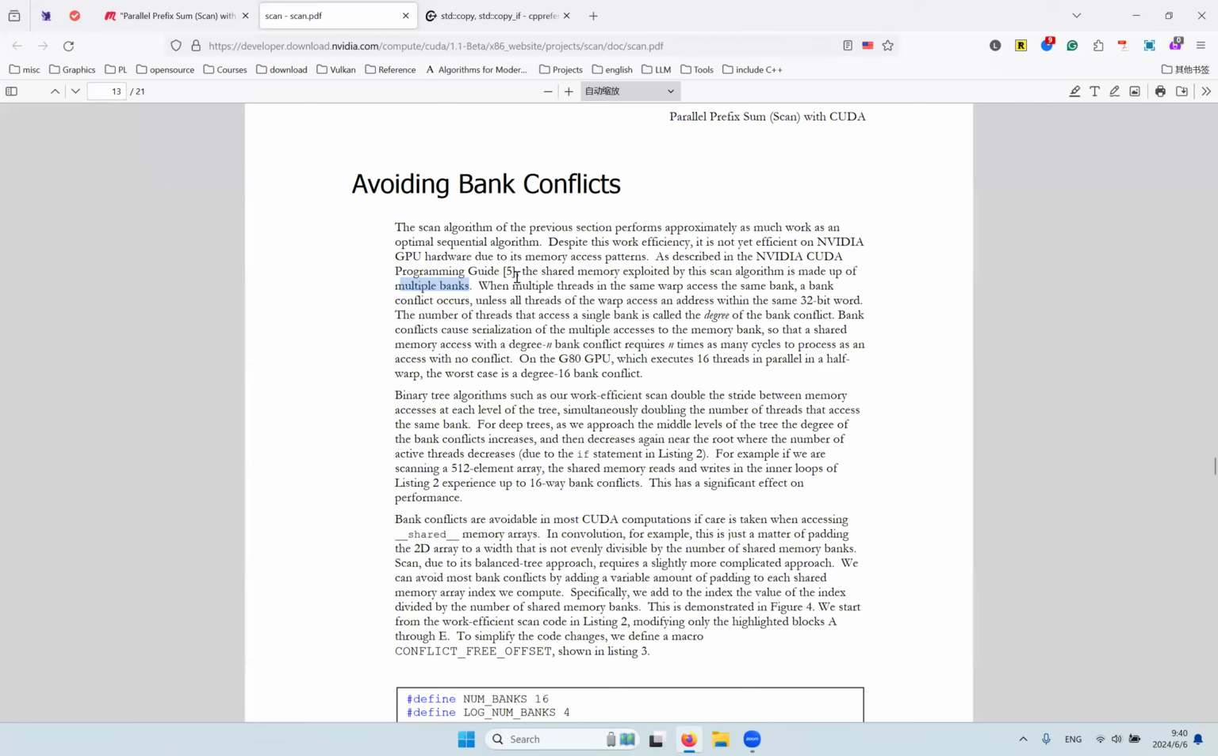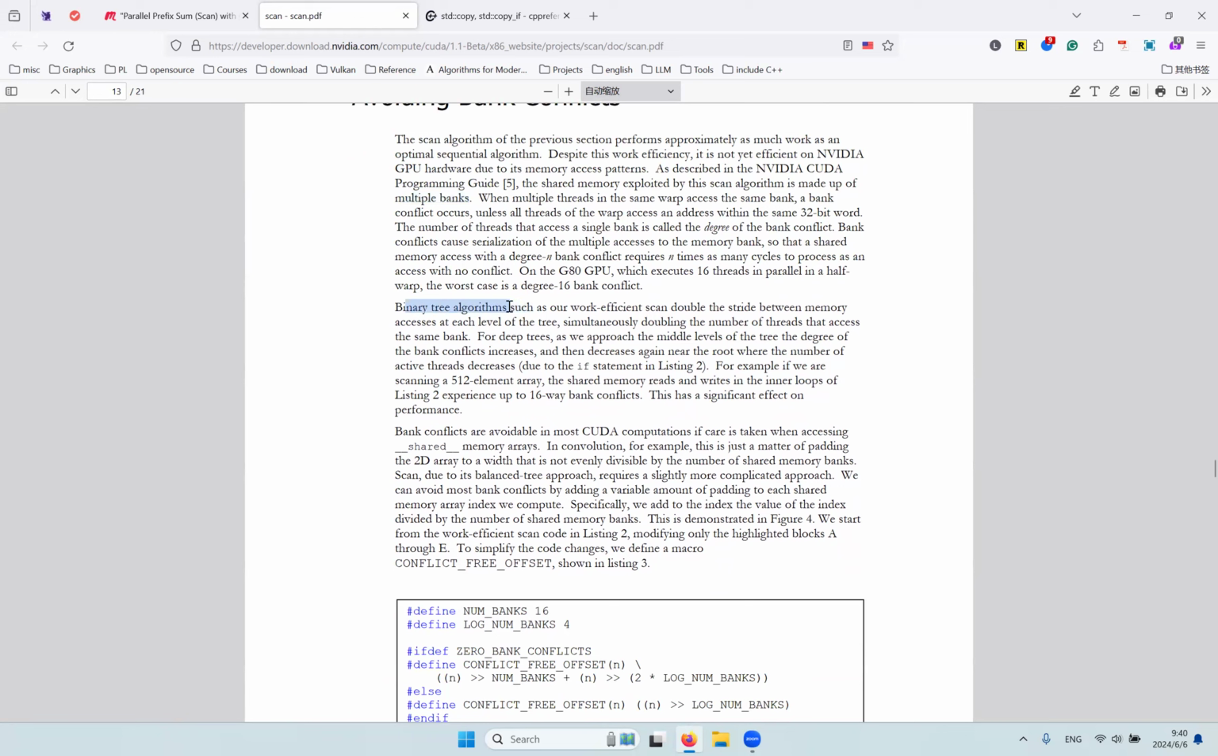Yeah, but anyway, because we only have a very limited number of banks, it's really easy to have this kind of conflict. And for the binary tree algorithm, our scan is tricky because we are doubling the number of threads that access the same bank. Yeah, doubling the stride. So as a result, we